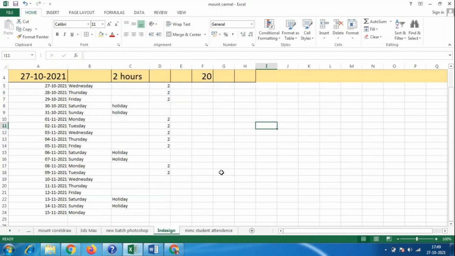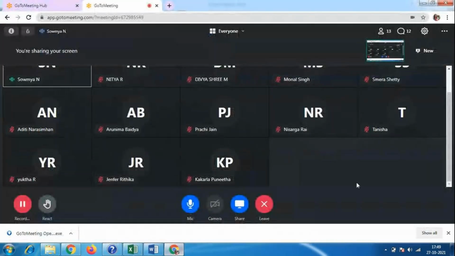In Photoshop, whatever designs we have created, you can upload on the internet, place on a website, or put on Instagram. We can use many different applications. It is not necessary to print all the images; you can keep them in the system also, no problem.